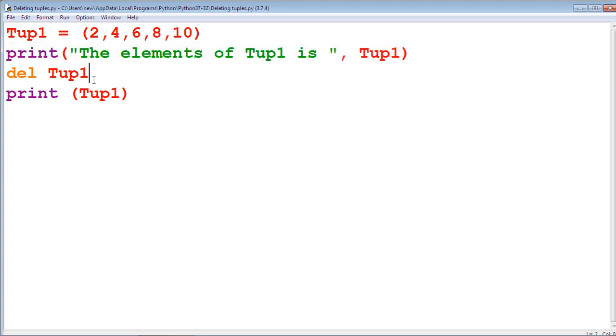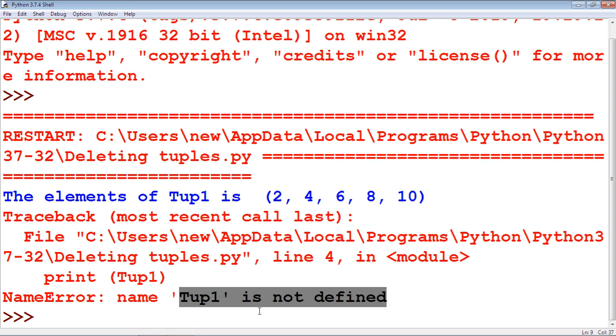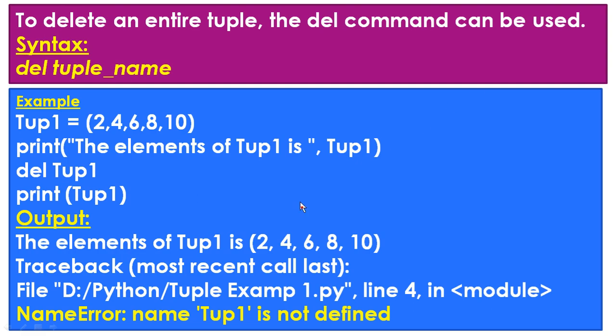Now we are deleting tup1 by using the del command. Now when we display tup1, we get the error message that tup1 is not defined, because tup1 is deleted by using the del command. So this is the example for deleting a tuple.